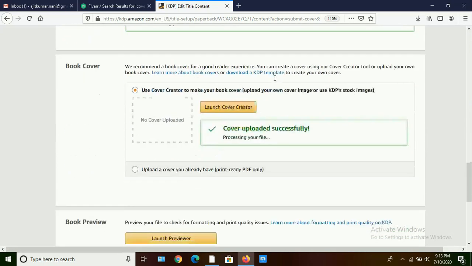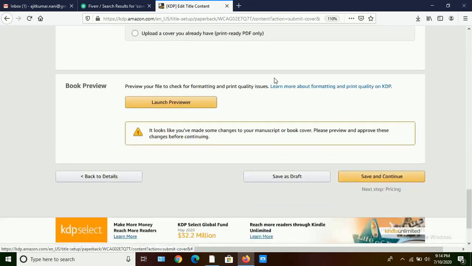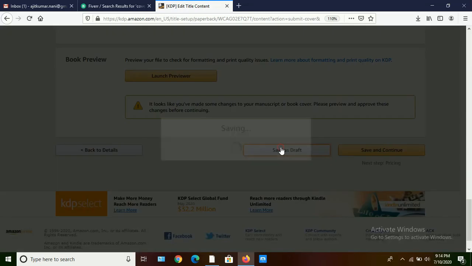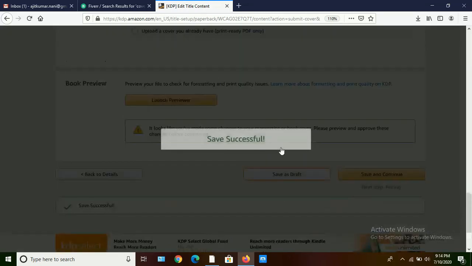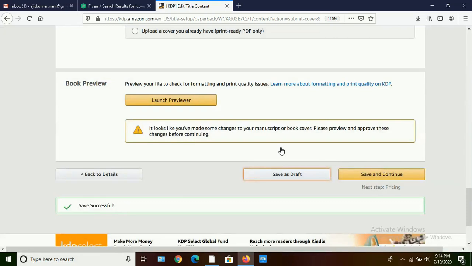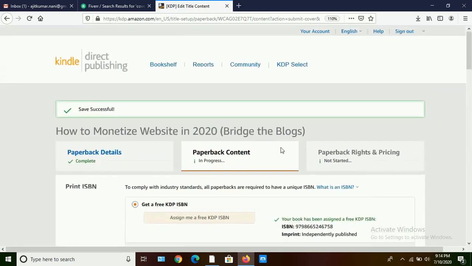If you have any work, you can just click on save as a draft. Save as a draft, go, and come back after the completion of your work.